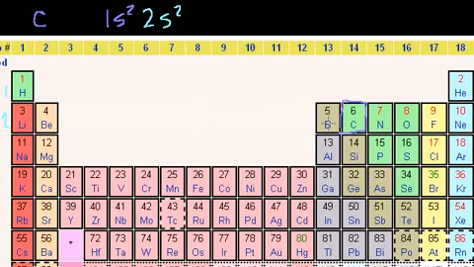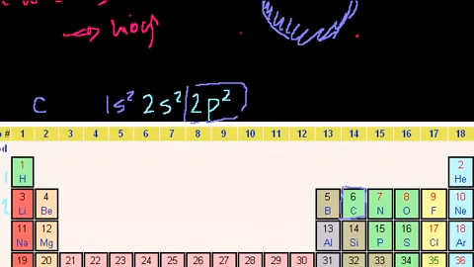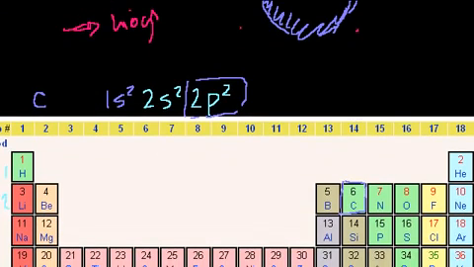2s2. And then it starts filling up the p orbitals. So then it starts filling 2p, and we're still in the second shell. So 2s2, 2p2. So the question is, what would this look like if we just wanted to visualize the p orbitals right here? So we have 2 electrons. So 1 electron is going to be in the, let's say, I'll try to draw some axes. That's too thin. So if I draw it in a 3-dimensional volume kind of axes,